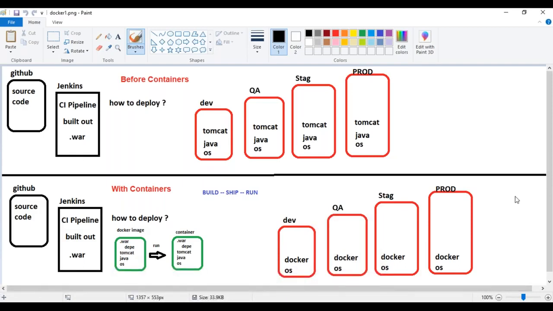This is how we could resolve the issue that it is not working fine in production but it is working fine in the dev environment. This way we eliminate the need to host different software and different dependencies required to run your application in different environments. We build everything as a simple package and deploy this package into a server. That could be a dev server, a stage, or production. If this package works in my dev environment, the same package would work in production also. This is what a container definition says.